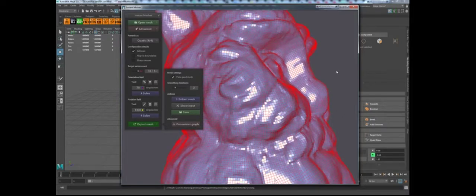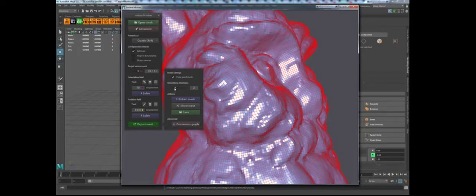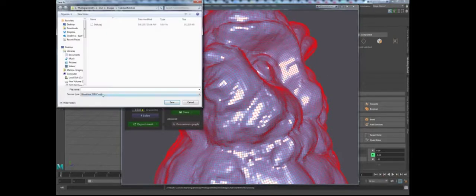Now, if you're cool with that, that's awesome. You may even want that more smooth. I think this is also going to sort of round some of that hard stuff, so we can extract mesh again. Anyway, whenever you're finished with it, whenever you're happy with it, right, we're going to hit save,